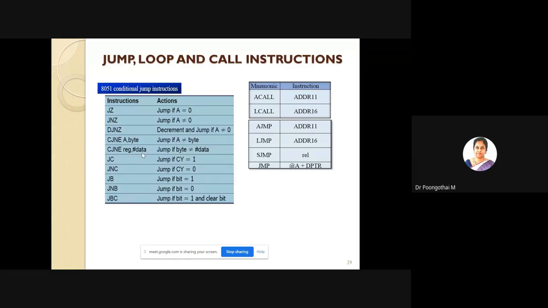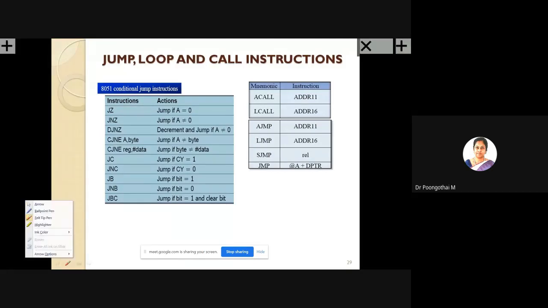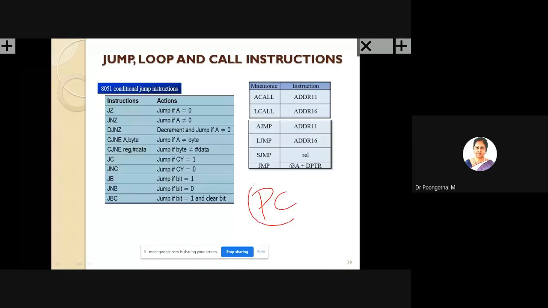So mainly these instructions are based on the program counter. We have two instruction types: one is conditional jump instruction, the other is unconditional jump instruction.